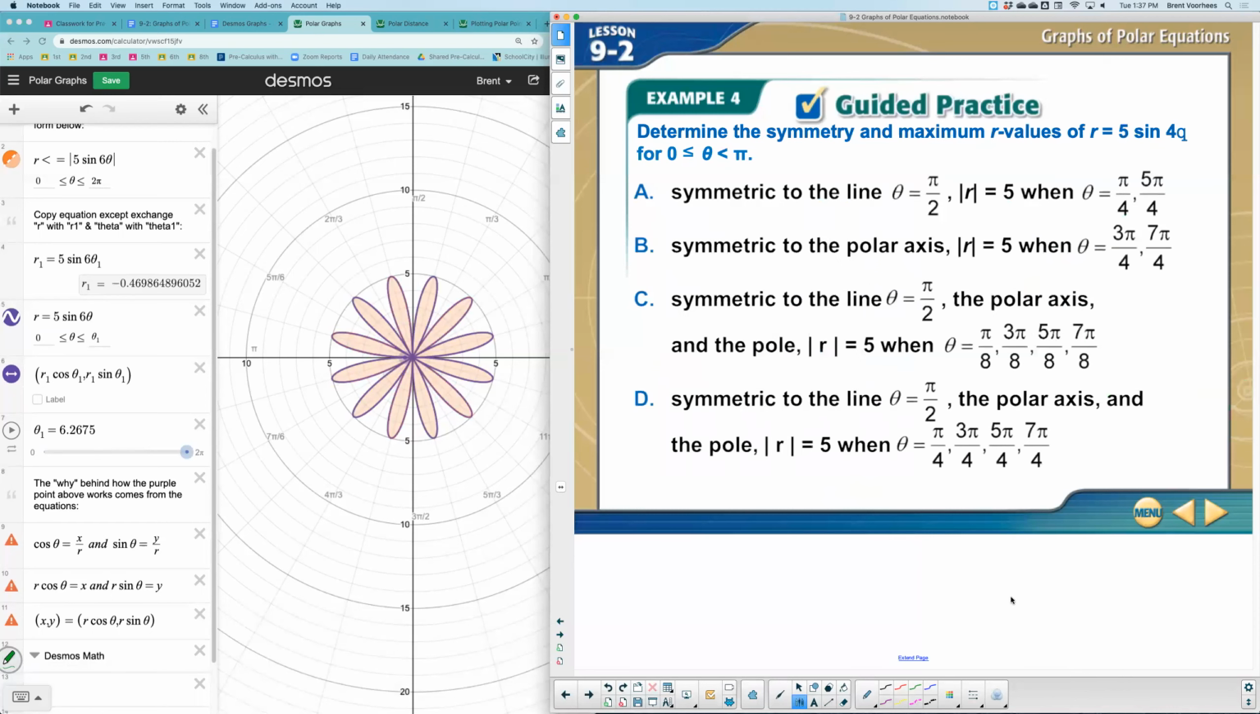All right, let's let you try one here. I want you to determine, there's a little bad formatting, this needs to be a theta here. I want you to determine what would be true here: the maximum r values, what this would be symmetric to,